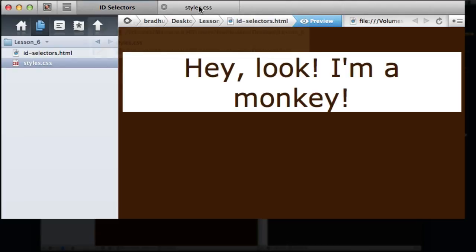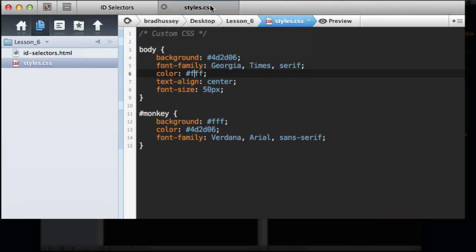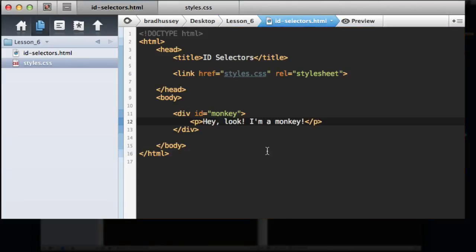And you could select things within the div using CSS. So you're giving the text within the div all the color of this, and the background, you want the div to have the background of white, and you want all of the text within the div to have the font family of Verdana. So let's take that one step further and let's add another div